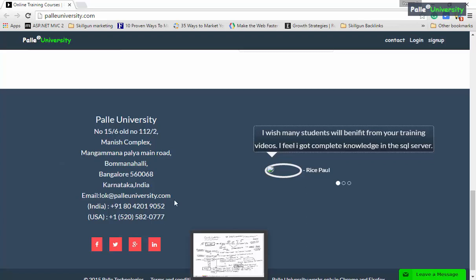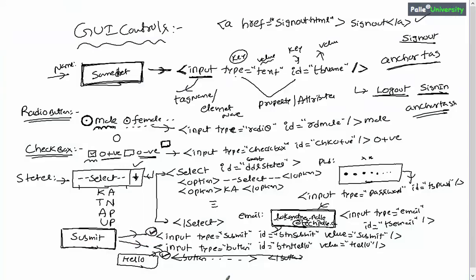Everyone will know the meaning of an image, but I will explain how to create one. In HTML, if you want to create an image, you must use the img tag: img and src equals the full path of the image file, maybe .png or .jpg, whatever it is. You will close the img tag something like this. Alright, so I believe you understood.